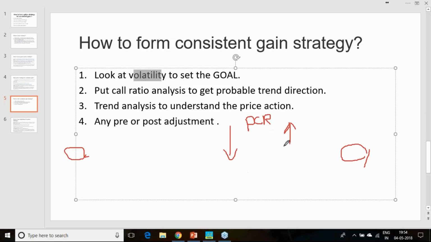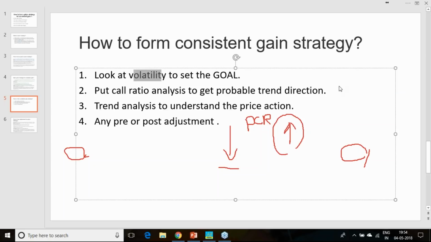The actual fact is that whenever PCR goes up, it means your long trades are being hedged at a lower put price, or being further hedged to protect the profitability. So this will again fuel the rally. When the PCRs fall, an intermediate downtrend will start. However, once the Nifty PCR falls below 0.95, you will get a very good downtrend. In the same way, above 1.16, you will get a good uptrend.